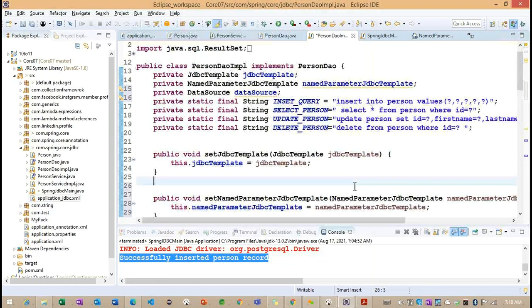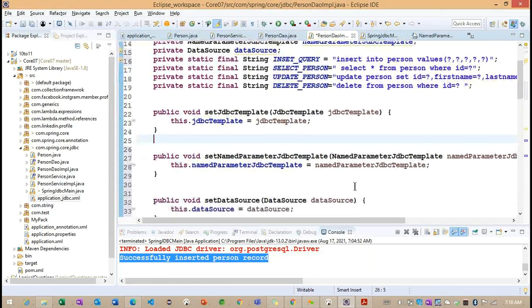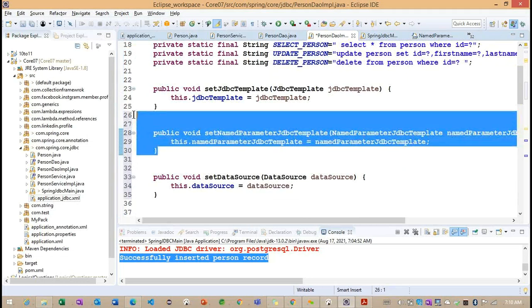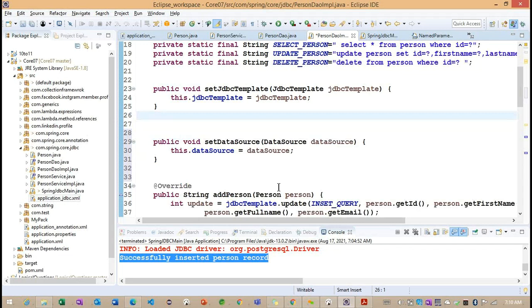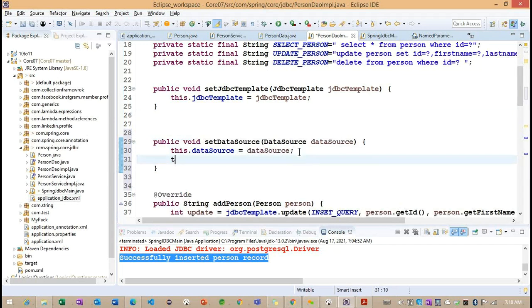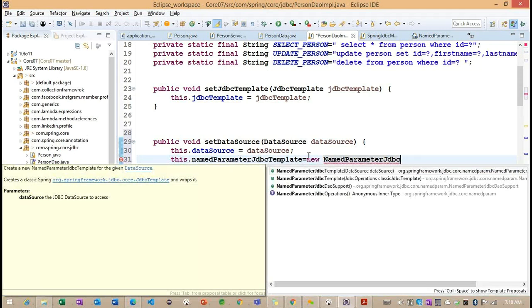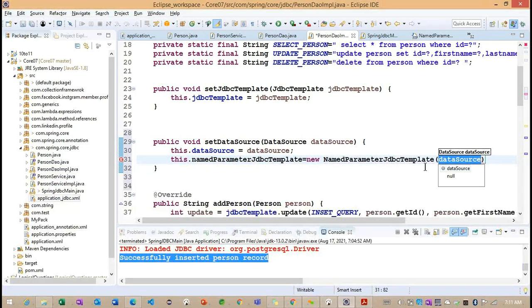Basically, we need to set the data source here. With the help of this data source, this.namedParameterJdbcTemplate equals new NamedParameterJdbcTemplate, and internally it is expecting a data source object.